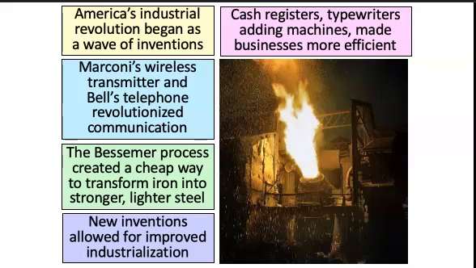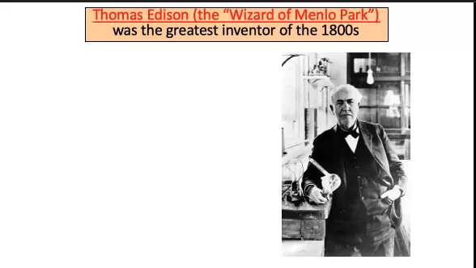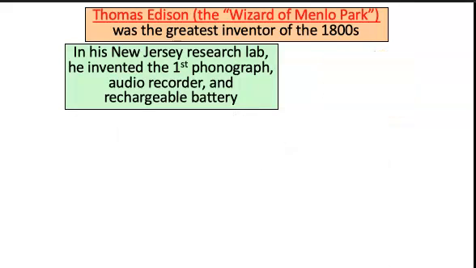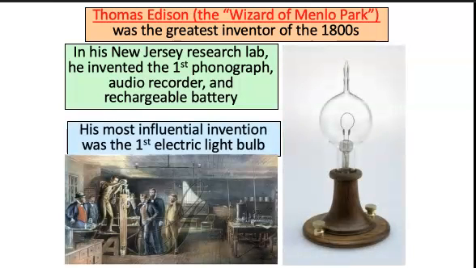But of all of these different inventions, there was no person that was more important to the inventions than Thomas Edison, otherwise sometimes known as the Wizard of Menlo Park. And he was the greatest inventor of the 1800s. His Menlo Park Research Laboratory, located in New Jersey, had many new inventions, including the first phonograph, which is a way to play records, the first audio recorder, as well as the first rechargeable battery. However, he's most famous, as you guys probably already know, for his most influential invention, and that was the first